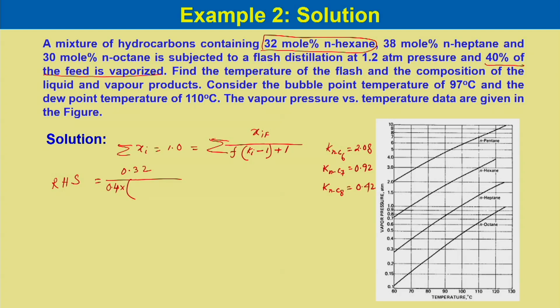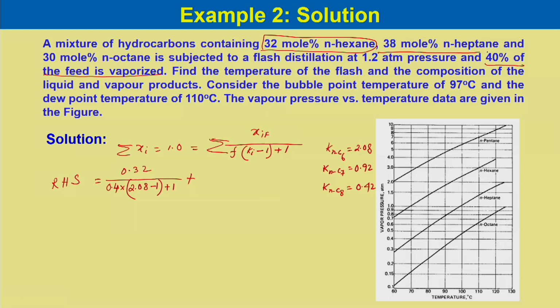So, if we substitute this, 2.08 minus 1 plus 1. Now, for the component heptane nC7, we can write plus